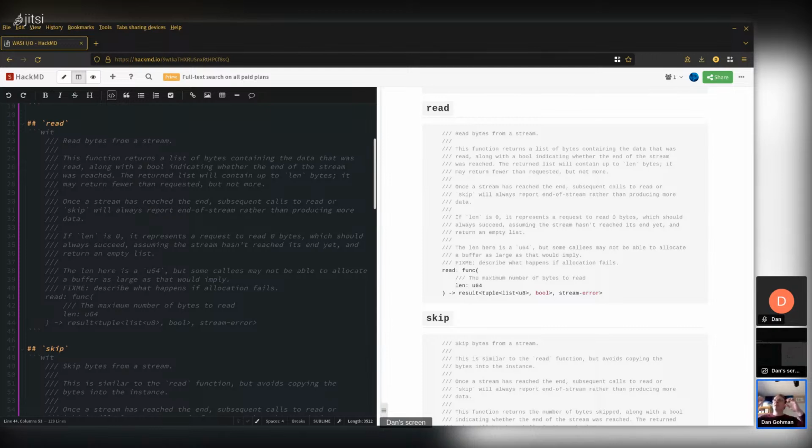But one of the cool things about WASI is that all APIs are virtualizable. And so even if we have things like WASI file system, even if that becomes an important API in the ecosystem, we can virtualize that. We can decide what is a file system, what does a file mean, and it could mean many different things. It could be even in a browser context, a file could mean different things.